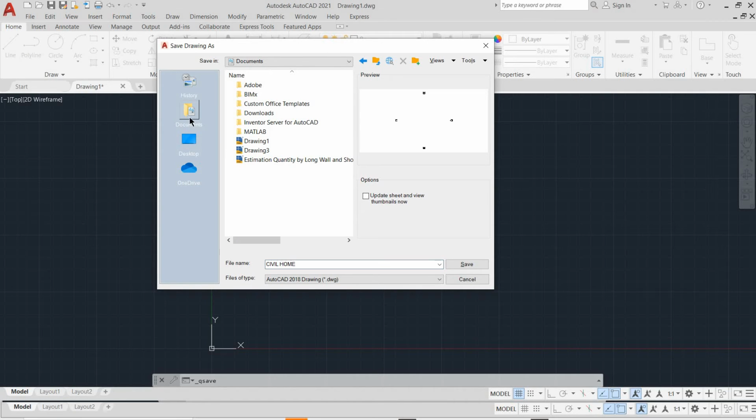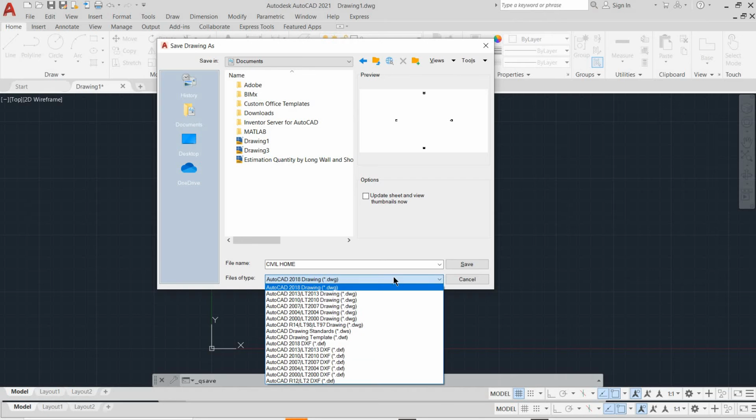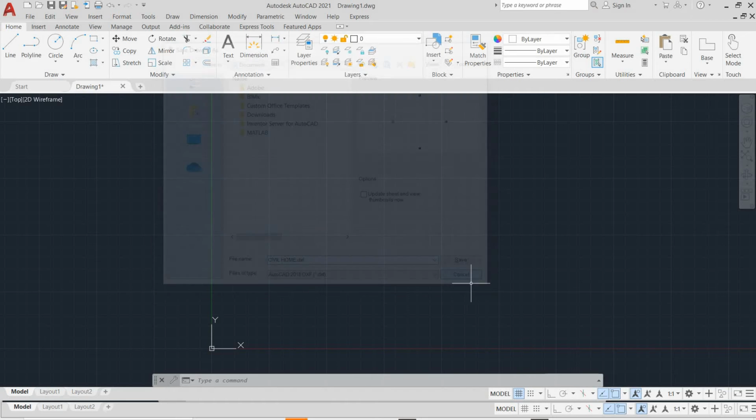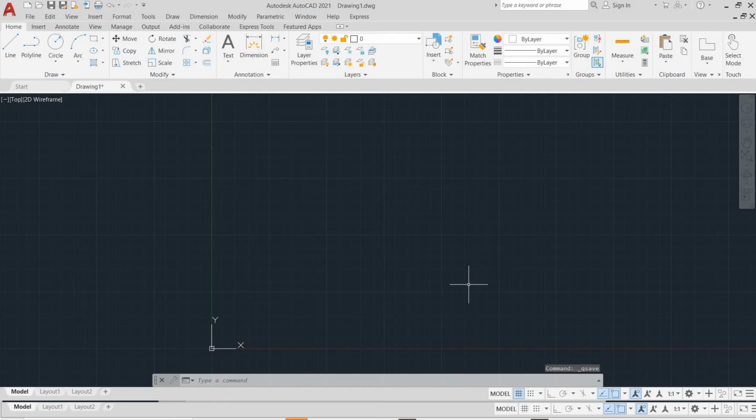And for example, I want to save in here. And in here, I want to choose the DWT. You should choose the AutoCAD drawing template DWT. What should we do? First of all, when you want to automatically